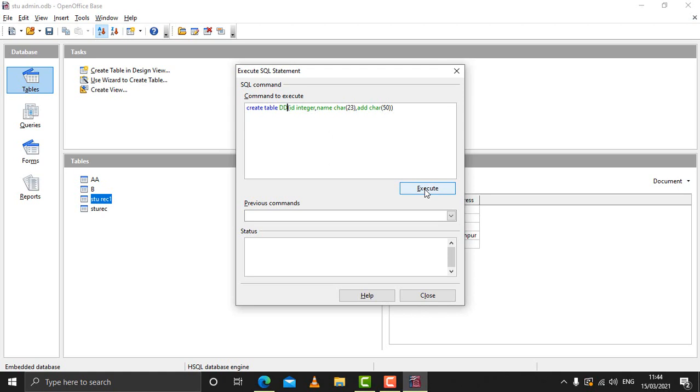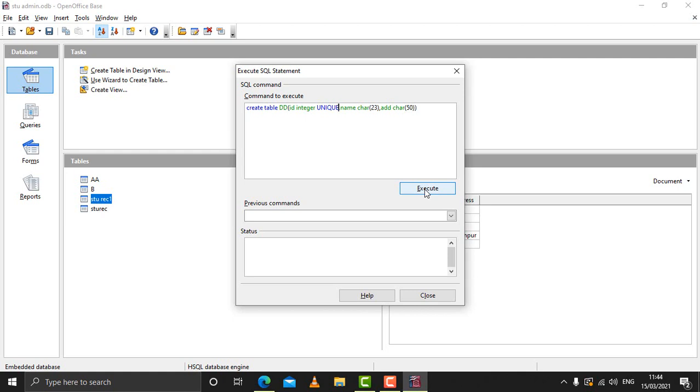So for that simple thing, this integer is here, just after integer you have to write unique. So as you write unique here, this ID field will become unique. Now whenever the entries are made, it will accept and display only the unique values, means the repetitive data will not be there.